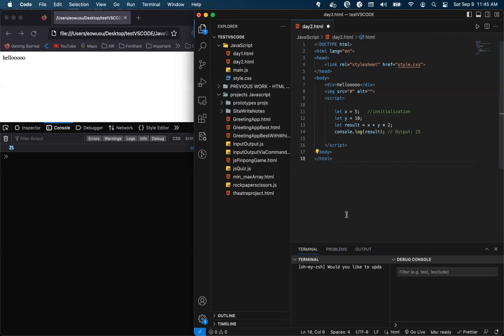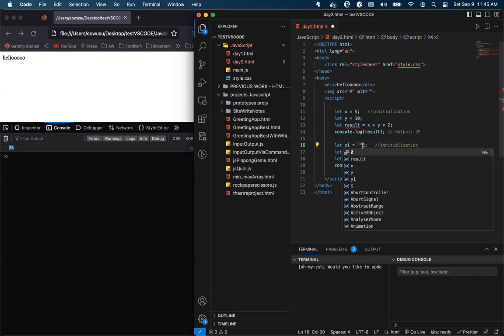Like I told you, coding is all about data type and algorithm. The type of the data is what tells you what you can do with it. Because these two are numbers, now you can multiply them and add them. If these were non-numbers, then you couldn't do this. We're going to learn about data types later on. So let's just call this X1, X2. And instead of a number, if I do this, then what